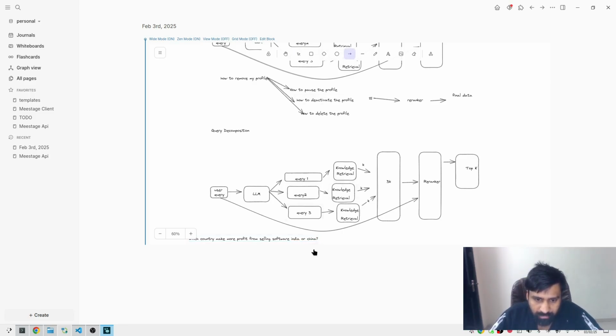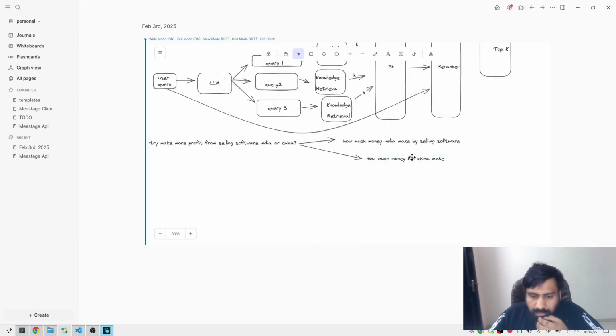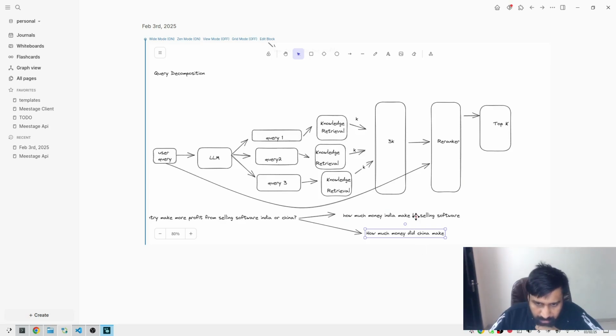So if your LLM breaks this query into two parts, basically one is how much money India made, and another query that it generates is for China, now you may find separate results to each query. Then you send these queries to the Reranker, and the Reranker will consider both because both are relevant, and will send results from this query and some results from that query to the main LLM, and LLM will use this data to answer which country made